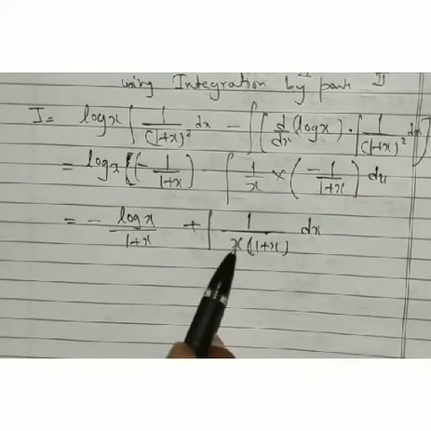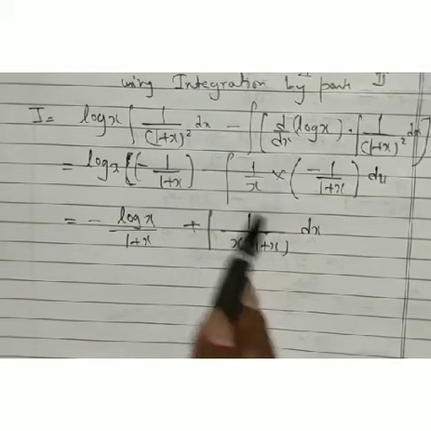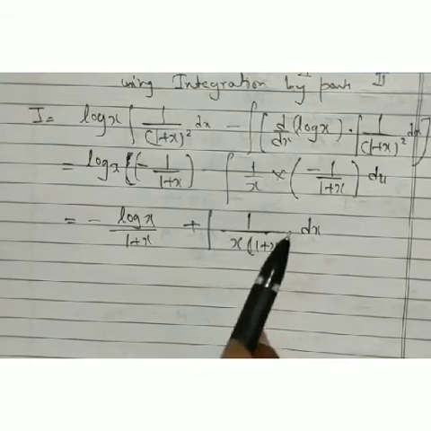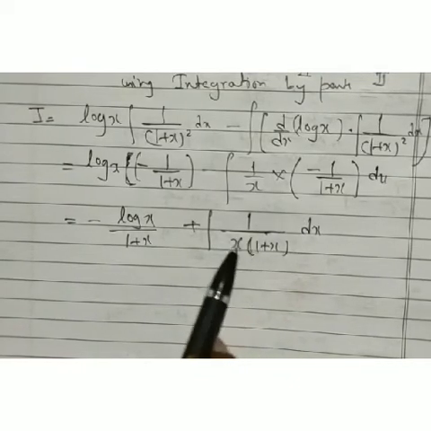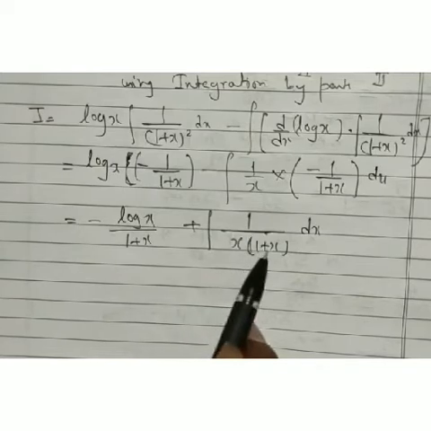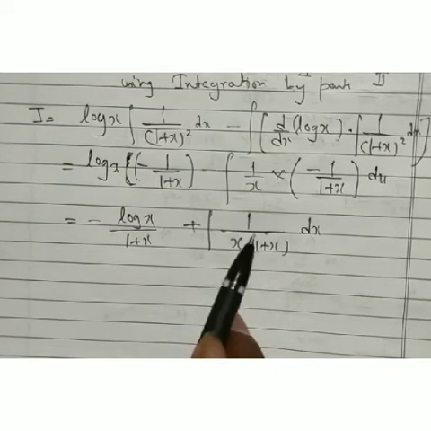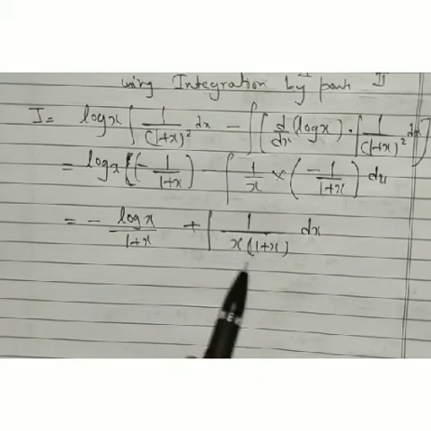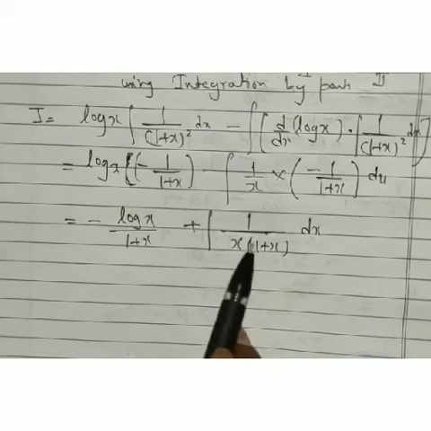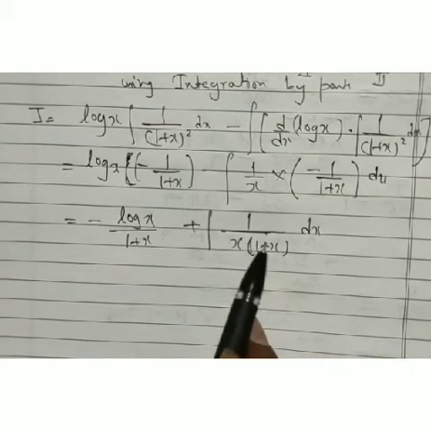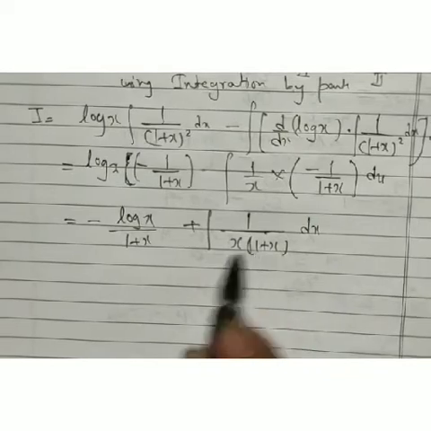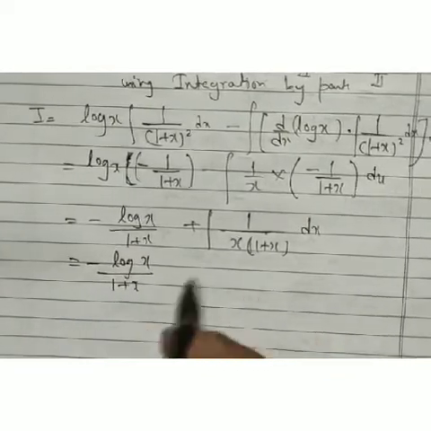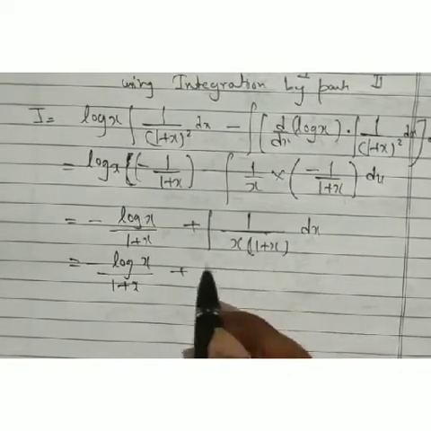to get this integration value, we have to use our partial fraction, because it's not in any standard form. We cannot use any standard integration formula for dx upon x plus x square. But we can easily apply the partial fraction form here, because we can write this down. Look, I'm just going to break it and verify it in practice.